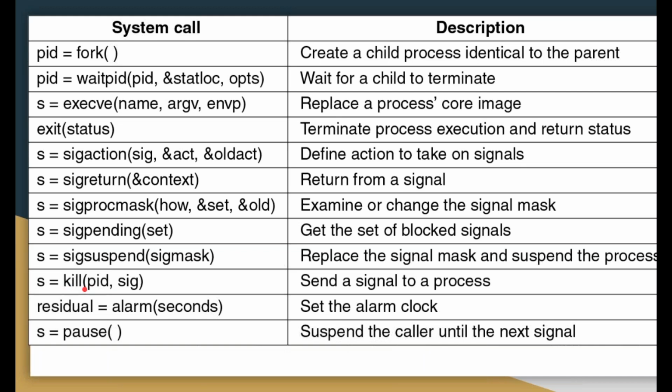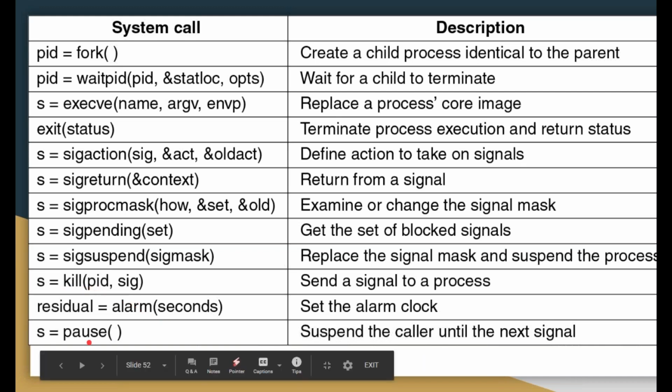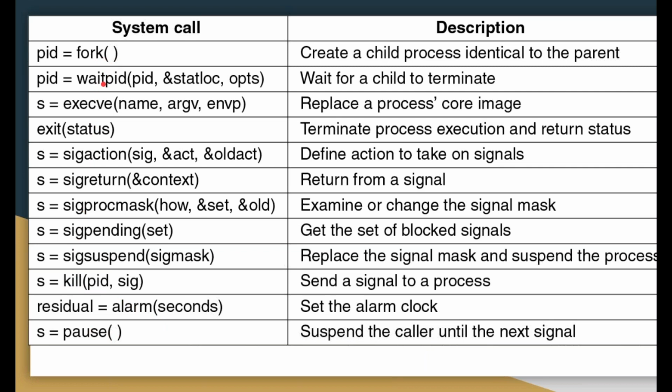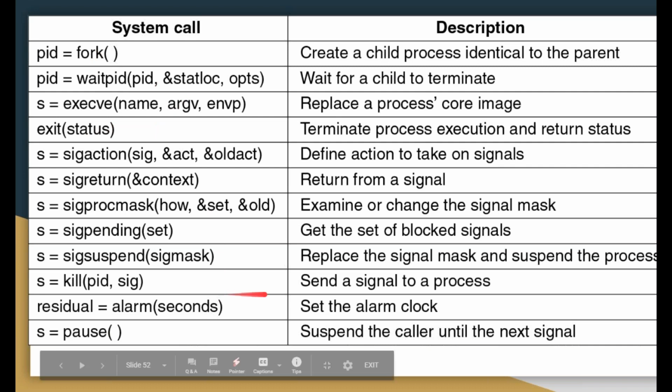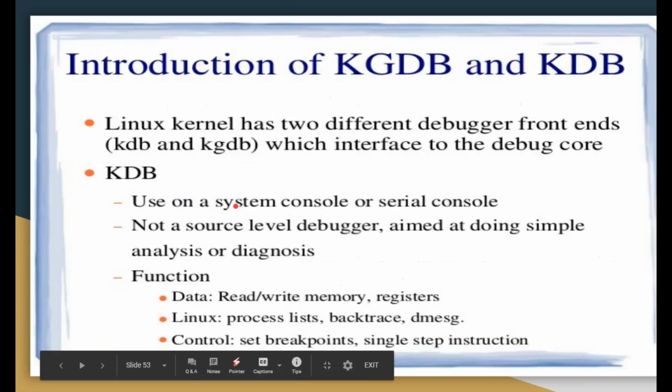Similarly, kill is for killing processes, alarm is there, pause is there to pause any process, fork is for creating a process, waitpid is there to wait for any process, then exec, then message queue is also there. There are n number of system-defined calls in between. You can call them and communicate between the processes. Fine. So these are your few system commands.